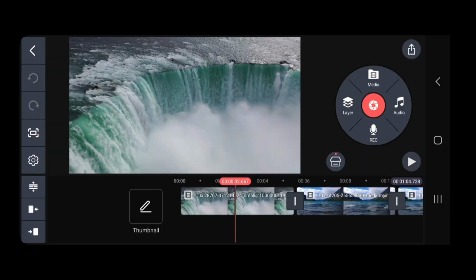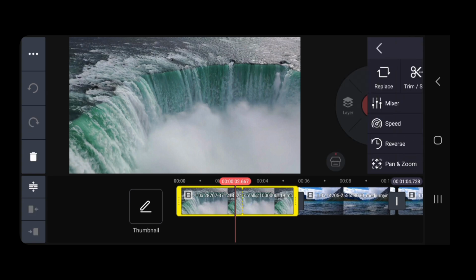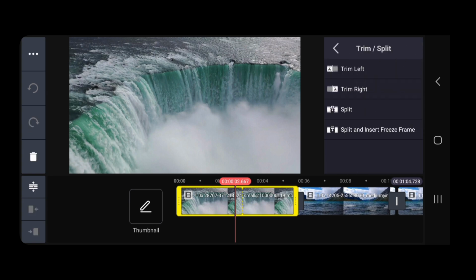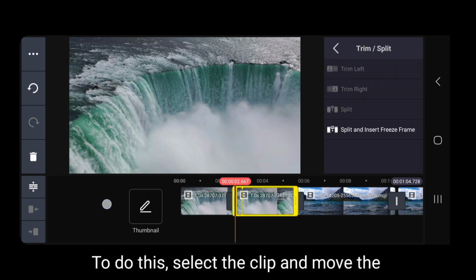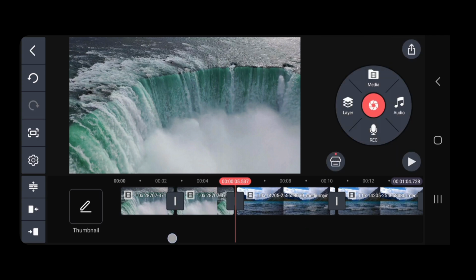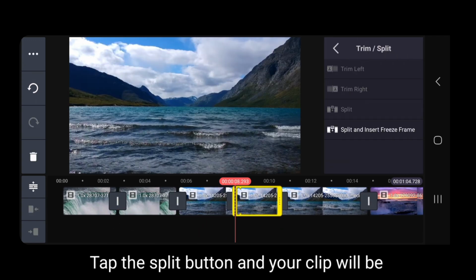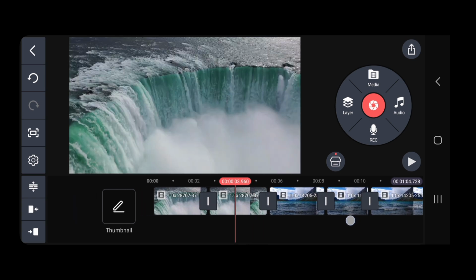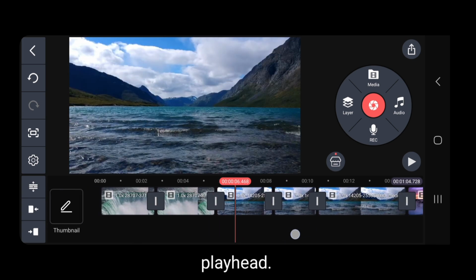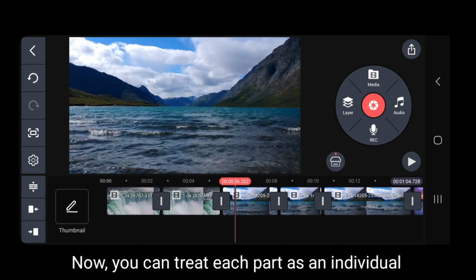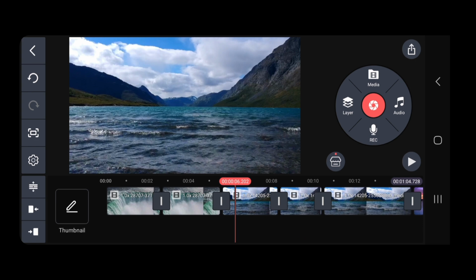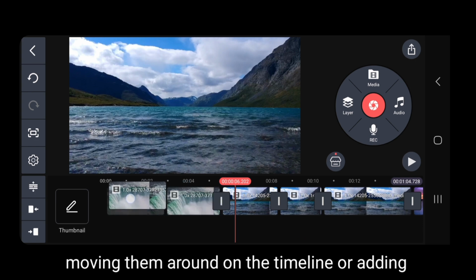Sometimes you might want to split a single clip into multiple parts so that you can apply different effects or transitions to each section. To do this, select the clip and move the playhead to the position where you want to make the split. Tap the split button and your clip will be divided into two separate parts at the playhead. Now you can treat each part as an individual clip, moving them around on the timeline or adding different